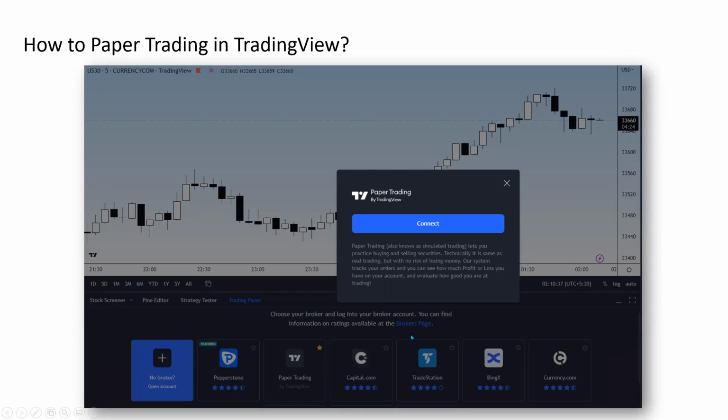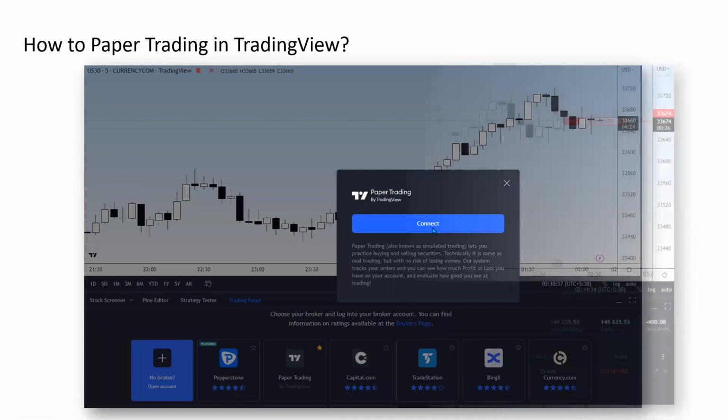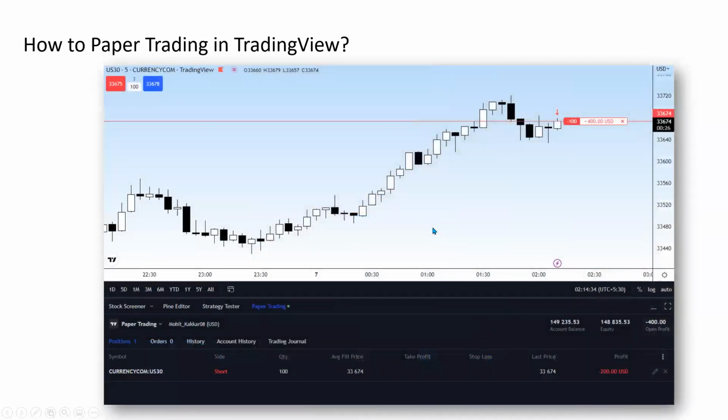And one thing that is also here in this is a paper trading button. So when you click on that, click connect, paper trading will be enabled. Okay, so when it is enabled, I showed you how to add a buy or a sell button. This I took raat ko 2 baje, when I took this screenshot, I just randomly clicked sell, short trade. Yeah, this is US 30 Dow futures, because that was running at that point of time.